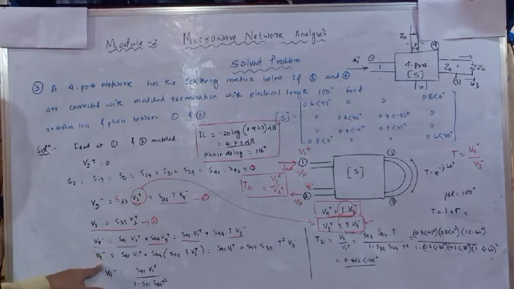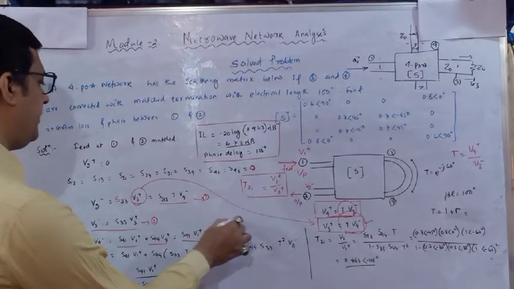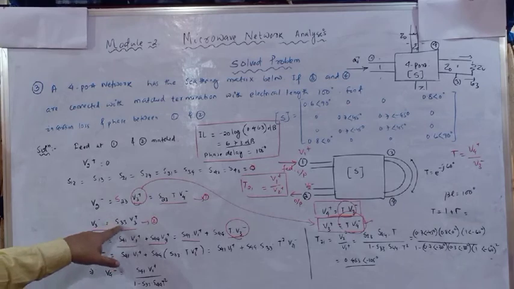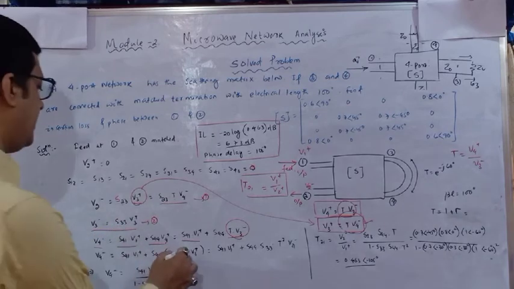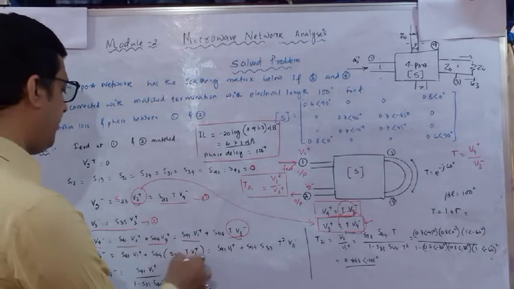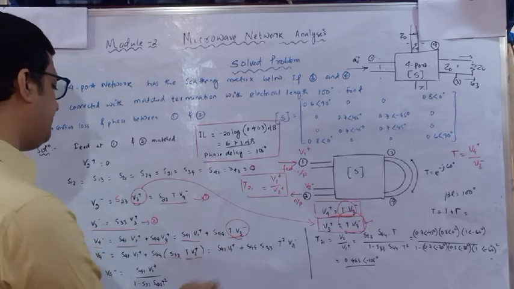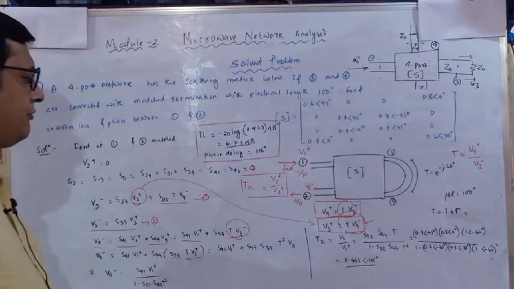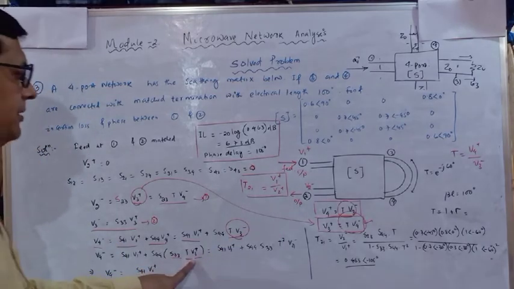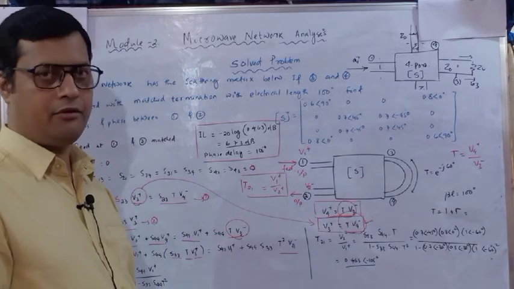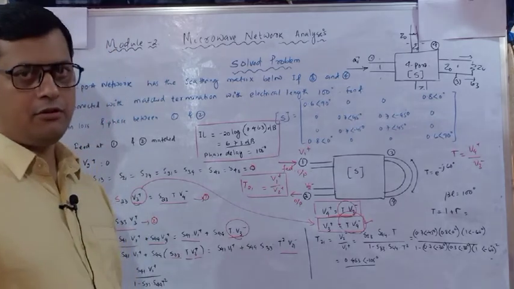Okay. Next, S41 into V1 plus S44. Now T into V3 minus, you can substitute from above, as V3 minus is S33 into V3 plus. So it is S33, transmission coefficient, V3 plus. Expand it. If you are expanding this, S41, S44, S33 and T square into V4 minus, because this V3 plus here you can see T into V4 minus, so I have substituted T into V4 minus, so it is T square into V4 minus.